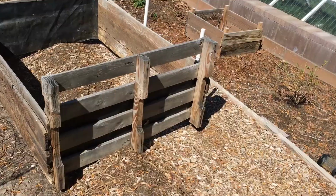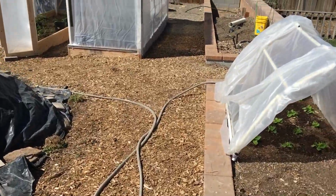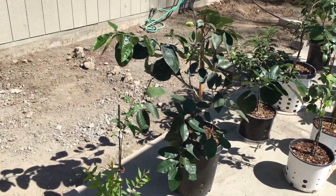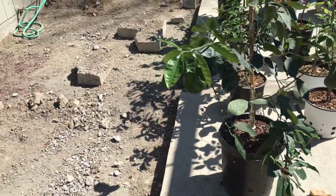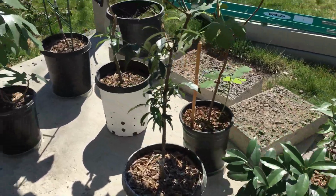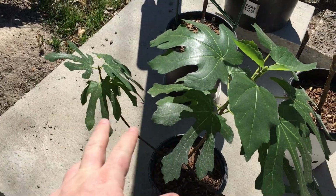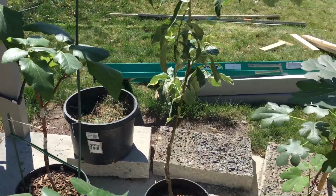As you can see, I've still got a lot of work to do, and it has been taking a toll, and I'm able to get the citrus trees outside this time of year. It's a nice sunny day for them. They don't seem to mind the sun at all as far as needing to harden off plants. Citrus trees just seem to take it. I will keep an eye on them, of course, because I don't want any burning of the leaves. You know, the figs, they kind of tend to droop a little bit, and they're not really hardened off to the sun quite yet, but